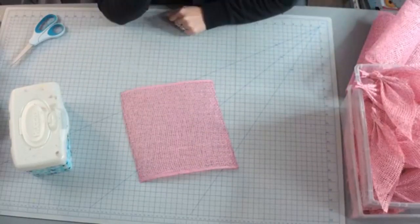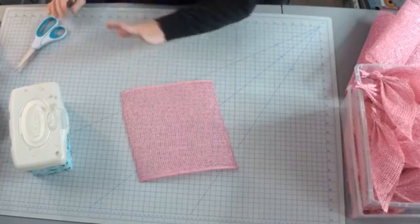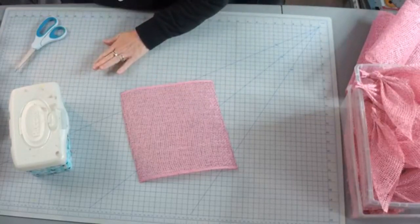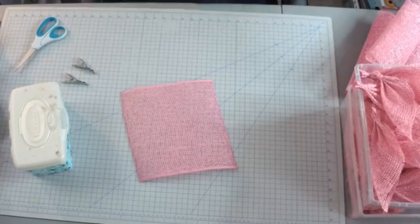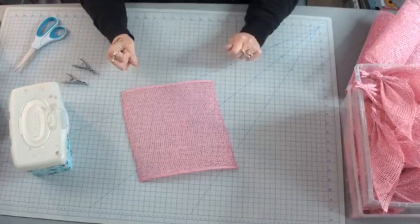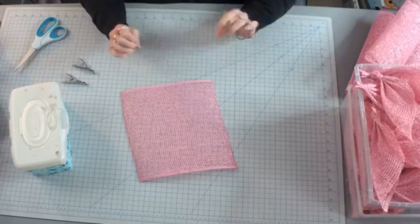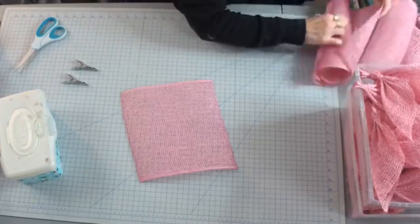Now there's a few ways you can do this. I'm going to show you a few. If your board is already loaded and it's ready to go, what you can do is make your petals and place them in the zip ties as you're making them. And what I mean by that is,